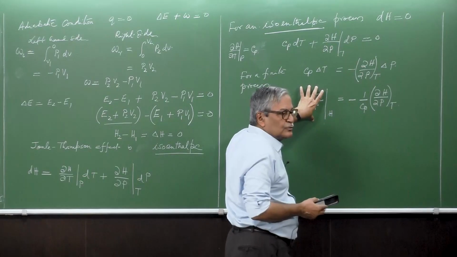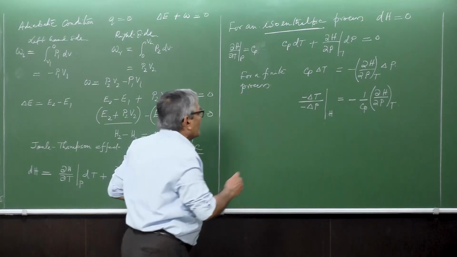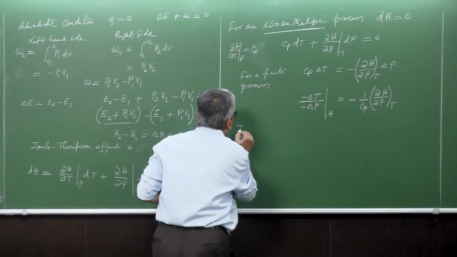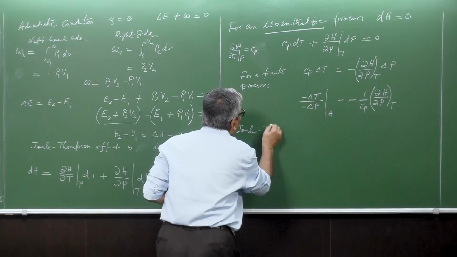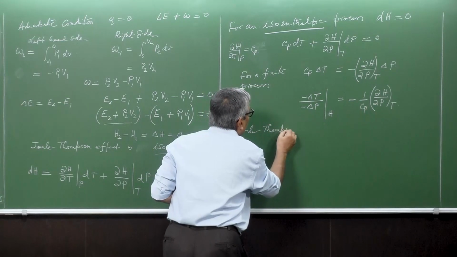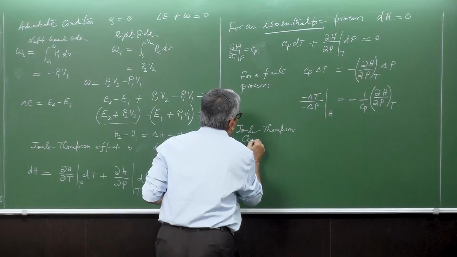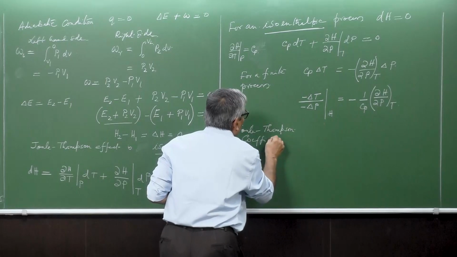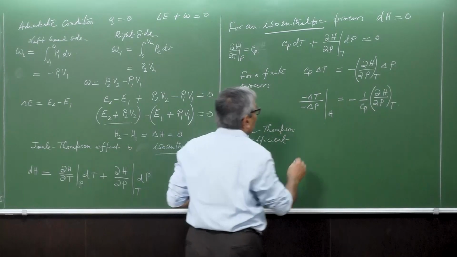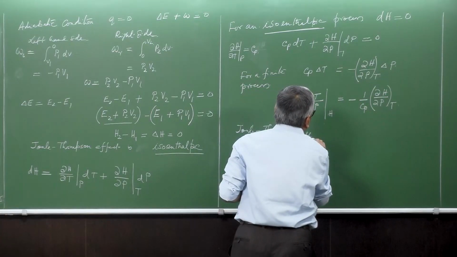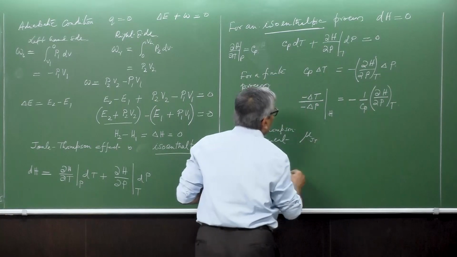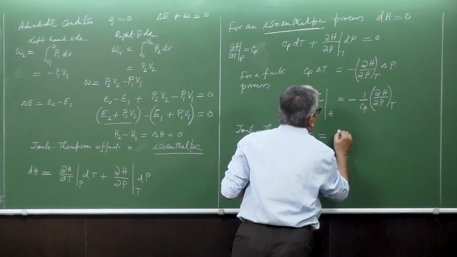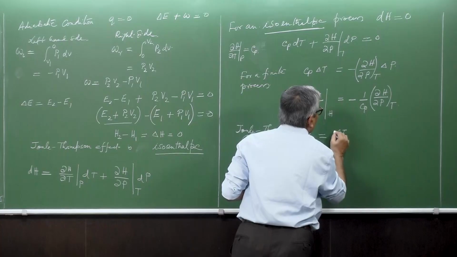We call it the Joule-Thomson coefficient, mu J_T, equal to delta T over delta P